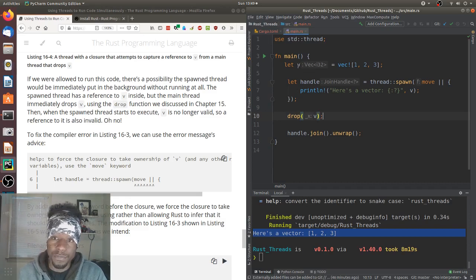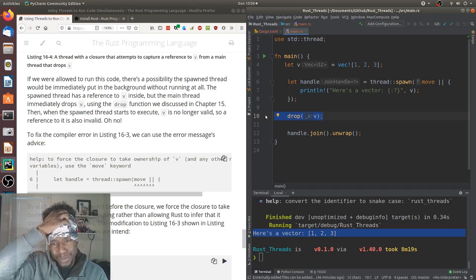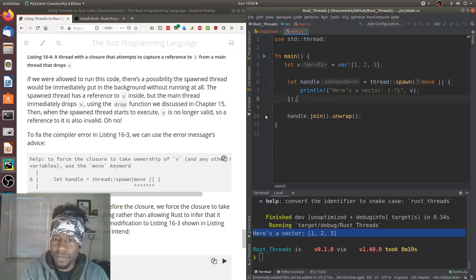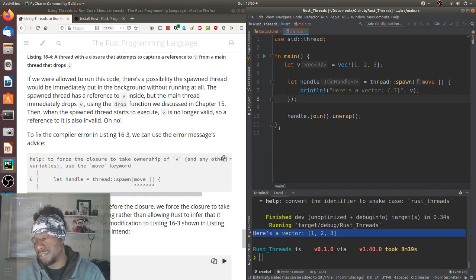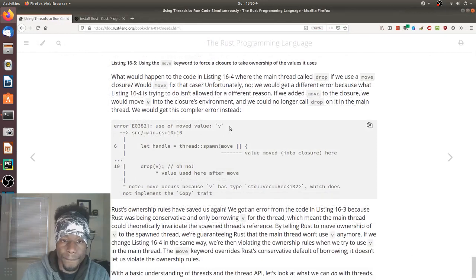We moved ownership of v into the thread, and thus once the thread ends, v should be dropped automatically. Thus we cannot drop here. This would be a, what was it, double free error, right? So no, that can't happen.